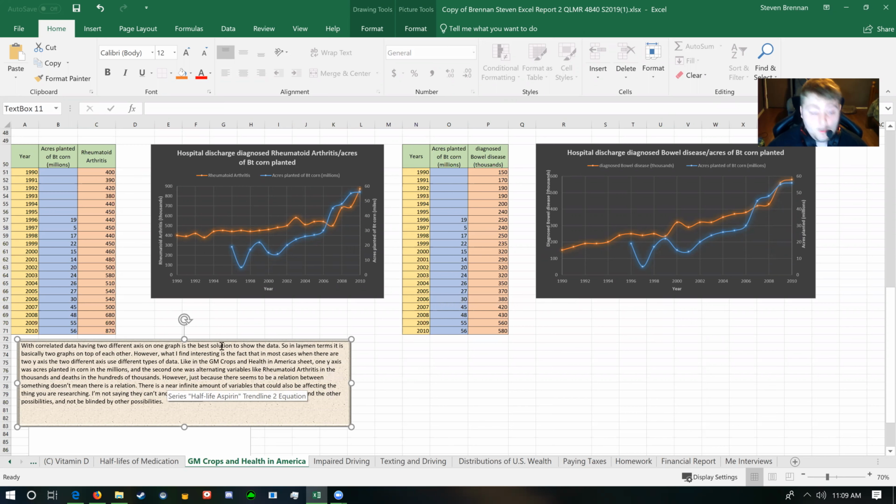However, what I find interesting is the fact that in most cases, when there are two y-axes, the two different axes usually have two different types of data, like they're measured differently. Like in all these graphs above, we always used Bt corn for millions, or oh no, I think that one's wrong. That one says millions. Well, either way, that's corn planted, and the other one was an abstract piece of data that correlated with it, like